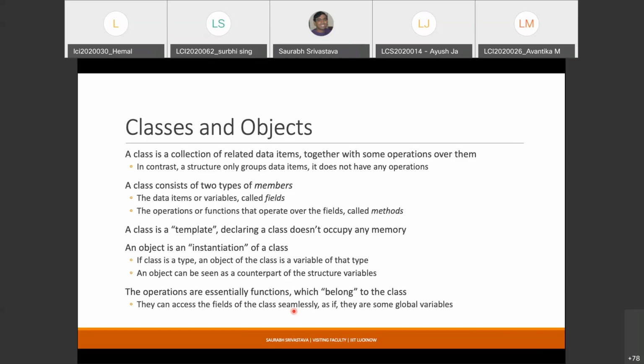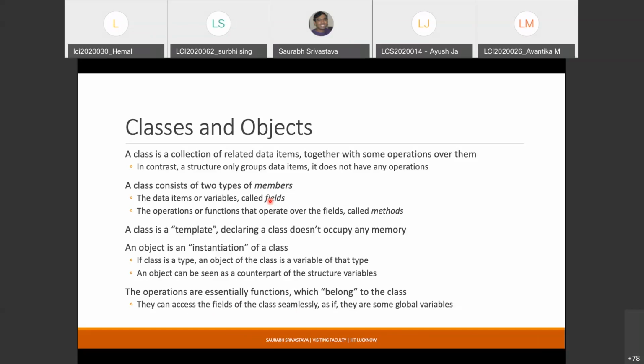This is what we used to do with global variables. So now just assume that when we write a class, the functions we write are going to treat these fields as if they are some kind of global variables. They can seamlessly read and write them, and whatever operations you define on a particular class, we'll have a look at what exactly it means when I say this is an operation, as you study more. But the idea at the code level is, just assume it is something like this.